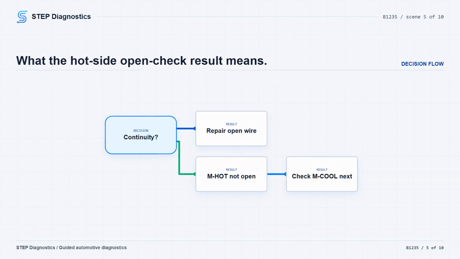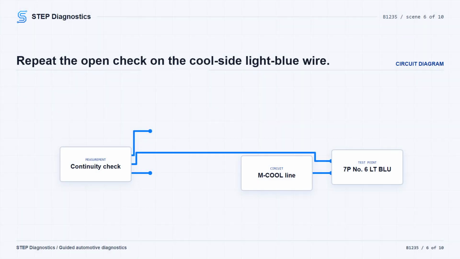air mix control motor. Now do the same open circuit check on the MCool-DR or MCool line. With the same connectors still disconnected and the ignition still in LOCK 0 or OFF mode, check continuity from climate control unit 32P connector No. 3, the LT-BLU wire, to driver's air mix control motor 7P connector No. 6, also the LT-BLU wire. If continuity is present, that wire is not open and you continue. If continuity is not present, repair the open in the wire between the climate control unit and the driver's air